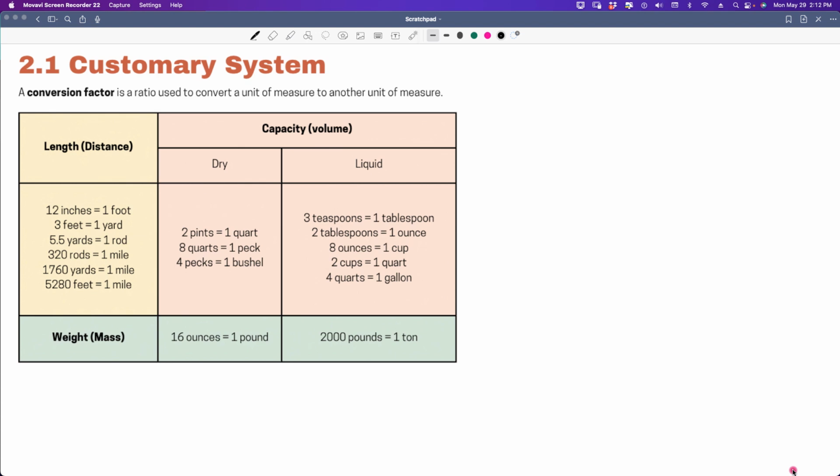Now, one of the things that we use when we have different units of measure is a conversion factor. We want to compare one to another. So if I have 36 inches and I want to know how many feet that is, I have to have some type of conversion factor that's going to relate the two to each other. And the way we would do that is by looking at our units of measure here and seeing an equivalent in what we want. So for instance, if I have 36 inches